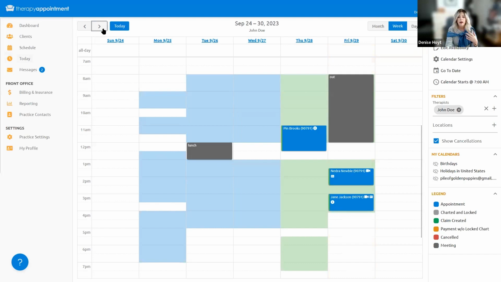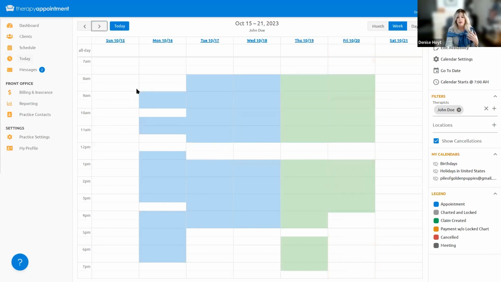First of all, this background color here, I'm going to go a few weeks into the future here, but this is outlining your typical office hours. Anything in color is a time you typically see a patient. Anything in white is a time you typically do not see a patient. It's here for two reasons. The first reason is guiding your eye. So you're not scheduling someone at 8 p.m. instead of 8 a.m., for example, or the eye of anyone you might have helping you out with scheduling in